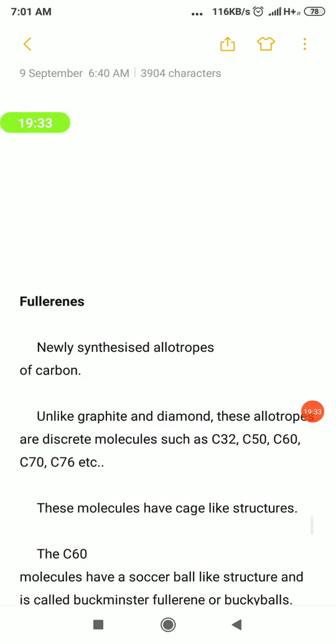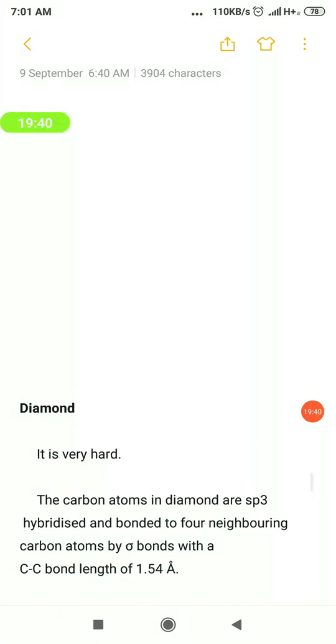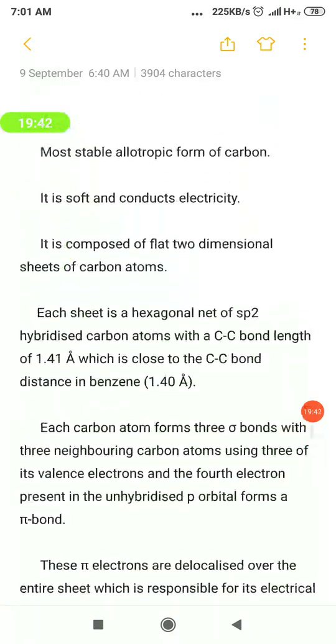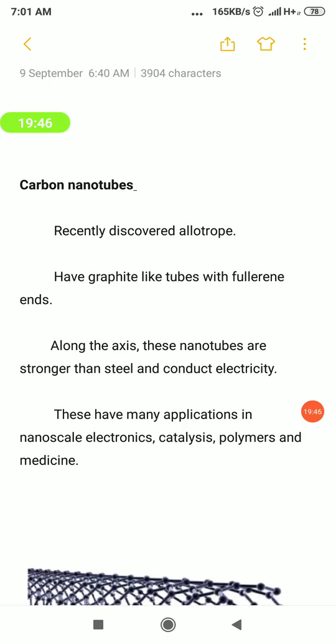So three things: the occurrence, then physical properties, then catenation, and finally allotropes of carbon. So with this, this part is over. Then in upcoming videos we'll discuss the compounds of the carbon family. Okay, whatever compounds are there in the carbon family, about their preparation, physical properties, chemical properties and finally uses, we will see